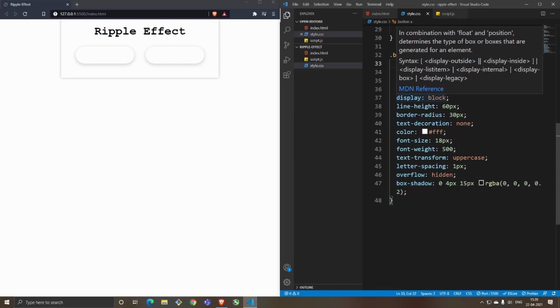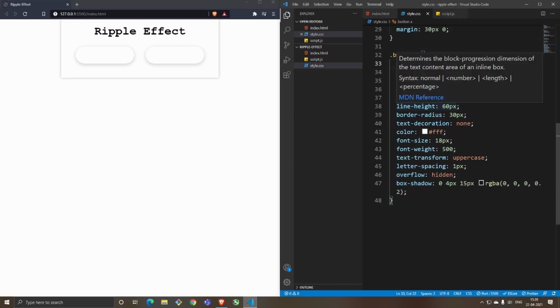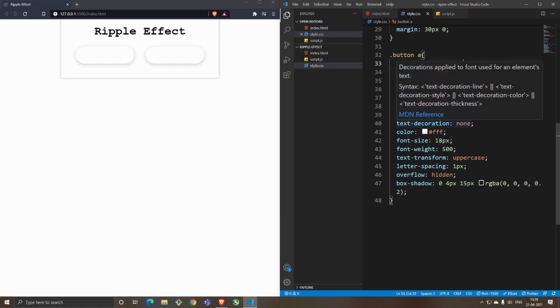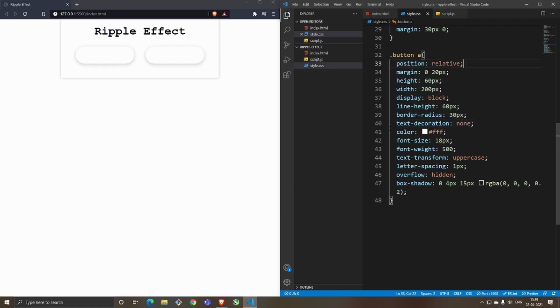So it does not have any position change or any of that. The line height is like the text area, how much space you want between the top and the bottom. And border radius is because we are trying to create a box kind of structure, another 3D structure above this earlier 3D structure. Text decoration: when you put an A tag, there's always an underline which is given, so we don't want any of that present there. And currently we've given the color to be white because we're going to be having a background color for each of these buttons. So when you put it white, there's a contrast and you have the text showing to you.